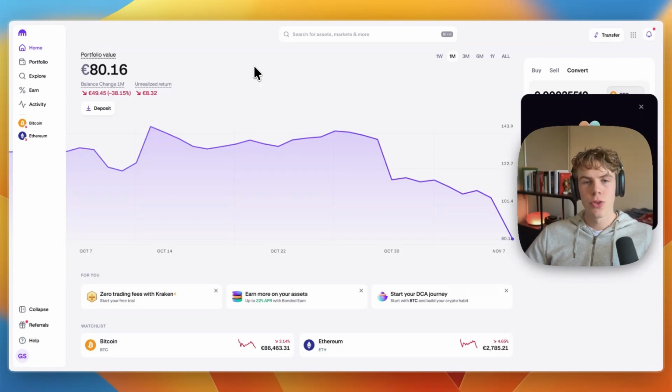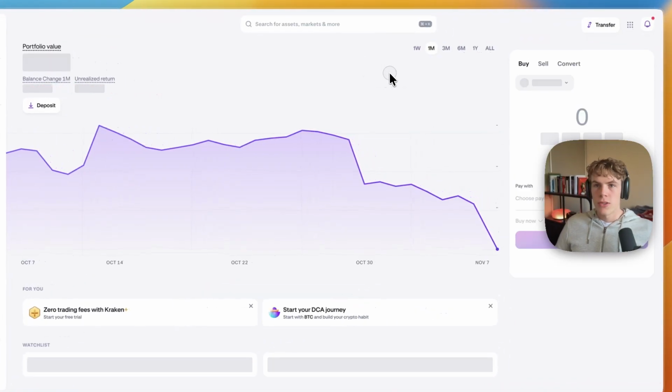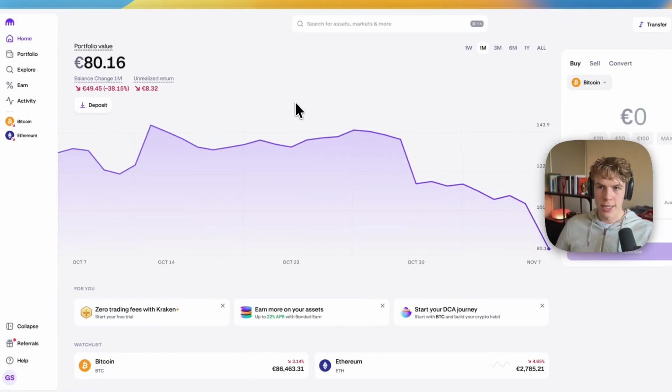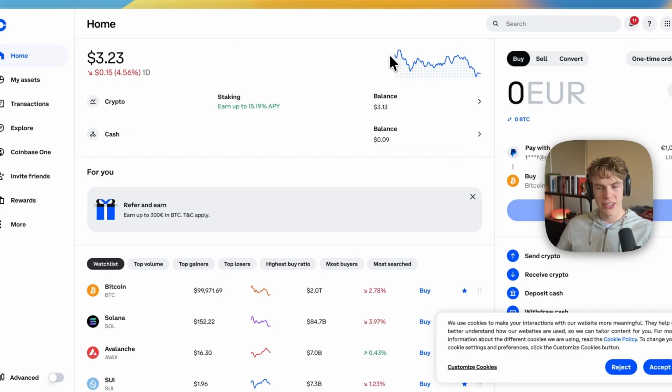In this video, I will show you how to transfer crypto from Kraken to Coinbase. To do this, first just have your Kraken and Coinbase open, and once that's the case, what you want to go and do first is